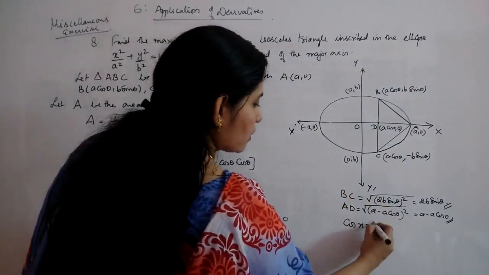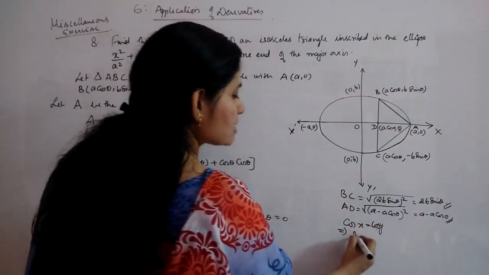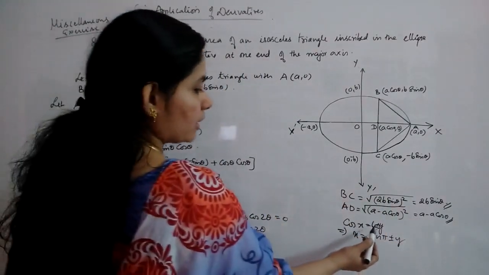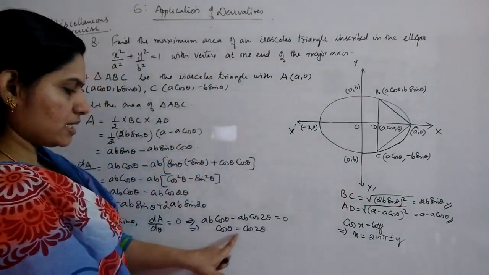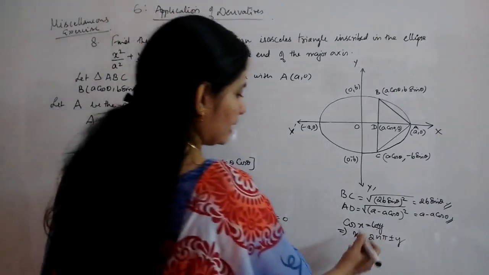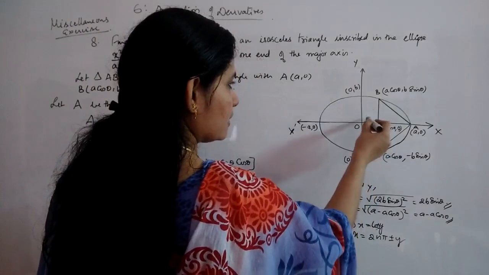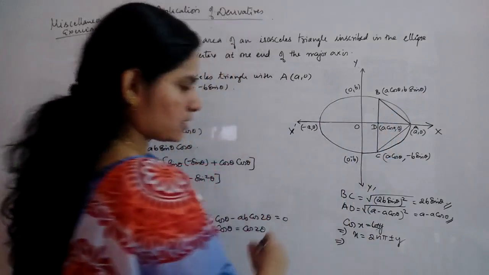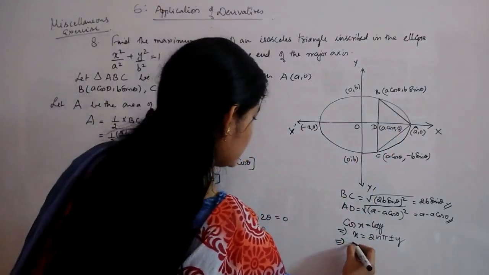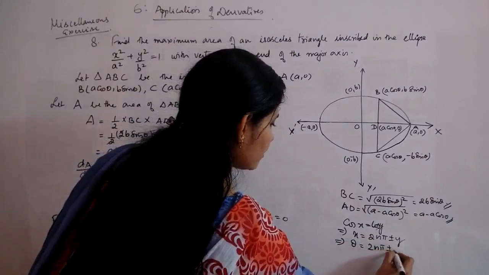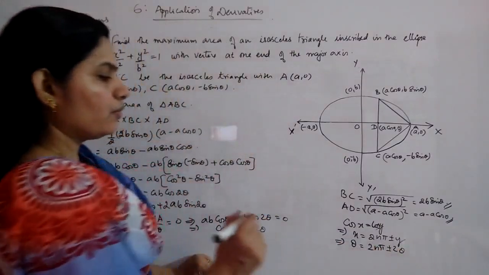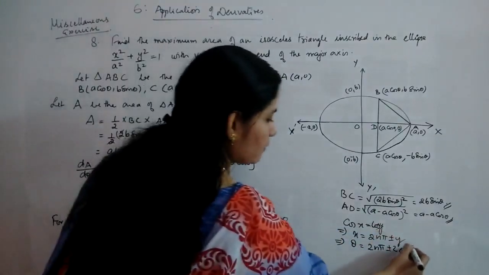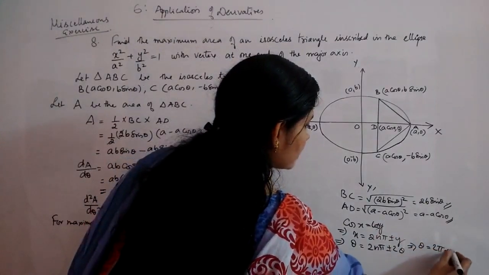Cos x equal to cos y will give you the general solution as x is equal to 2n pi plus or minus y. Right? Now here you have cos 2 theta, 2 theta and theta for your x and y. Now again, when you take this ellipse, the maximum revolution will be till 2 pi only. So the values which you can choose is theta is equal to 2n pi plus or minus 2 theta, right? Now when n is equal to 1, because the revolution is only once, this will give you theta is equal to 2 pi plus or minus 2 theta.